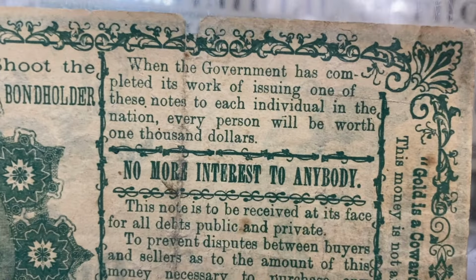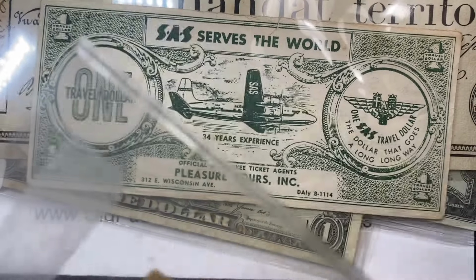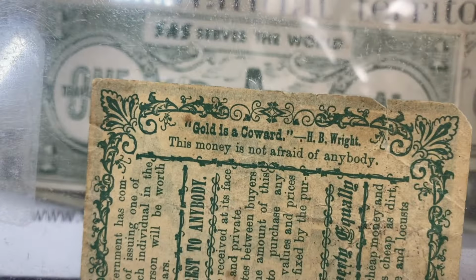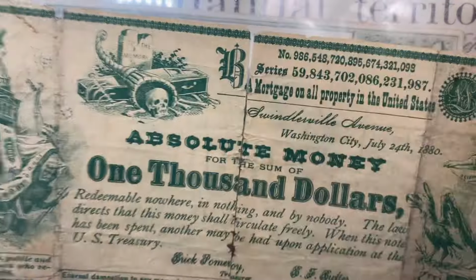It's so funny because I talk about that at times in my private life, that we're all going to be millionaires soon. Don't worry about it. Gold is a coward, H.B. Wright. This money is not afraid of anybody. So in 1880,